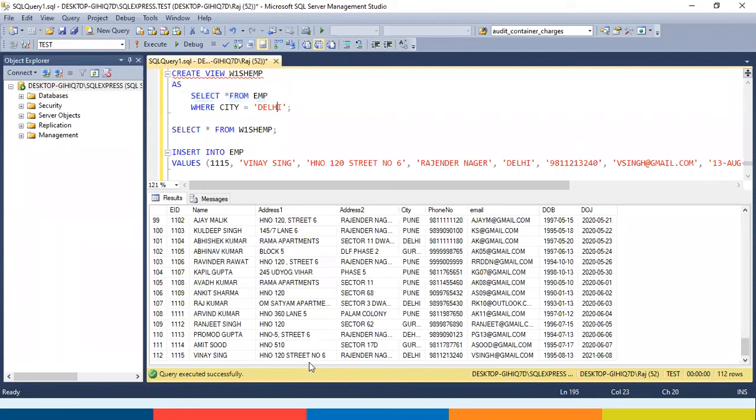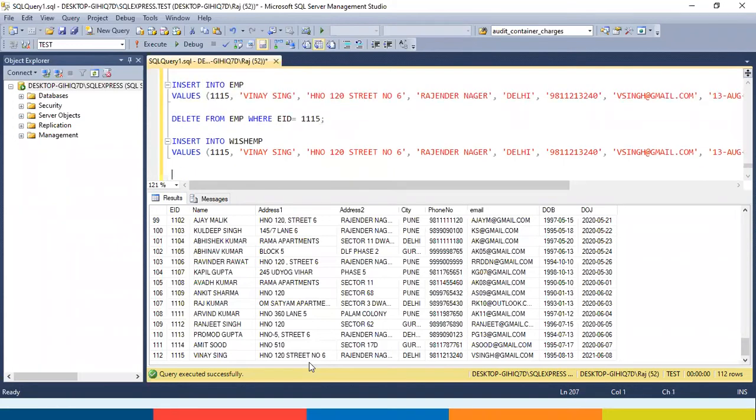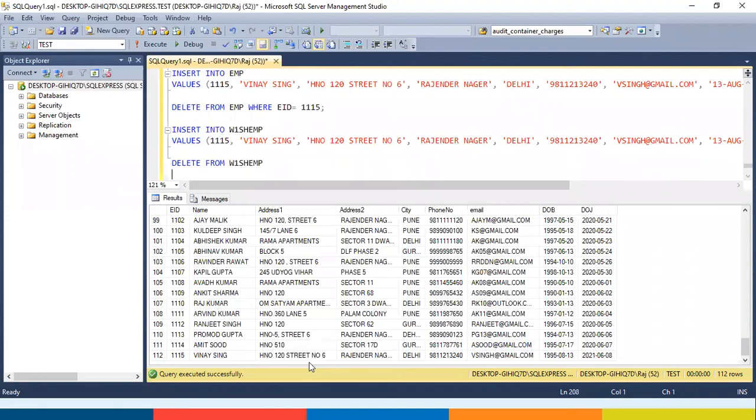Correct? Now, let me try another point. I have inserted the data using the view. Now let me try to delete the data from the view. So I will say delete from W1SHEMP, that is the view, where EID is equal to 1115.